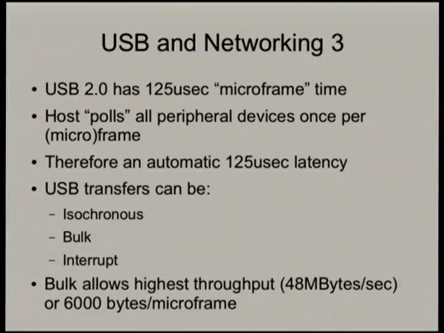Okay, well, USB 2 has a 125 microsecond microframe time, so the host or the controller polls all of the peripheral devices on its tree every microframe, every 125 microseconds. And so therefore, for a network interface, you've got an automatic 125 microsecond latency, because when a packet arrives in your USB network adapter, the host may not be coming around to poll for that data from that device for up to 125 microseconds. So that's a bit of a bottleneck,